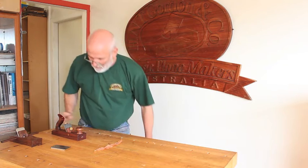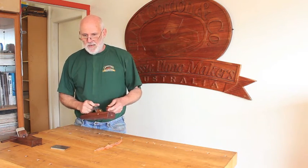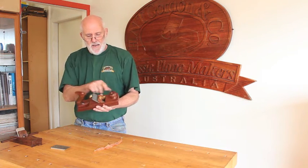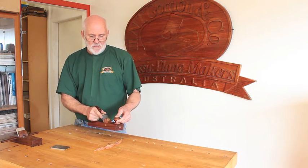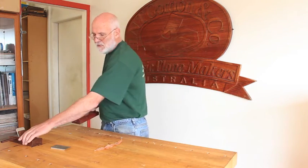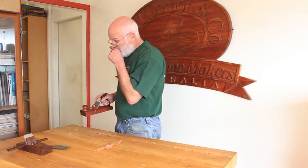Now the test itself, as I said, I borrowed a low angle bevel up plane to do the test. I don't have it any longer, but the handle design and knob design is similar. So what we'll look at now is how I went about this test. So first of all,